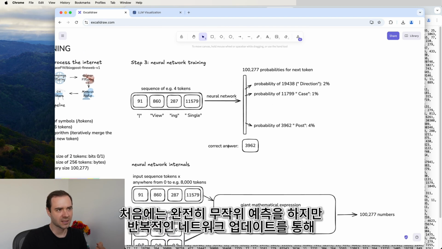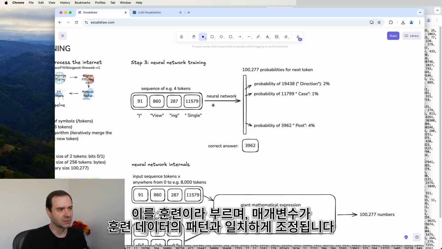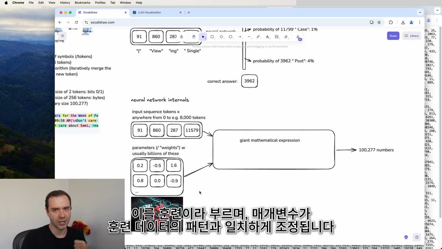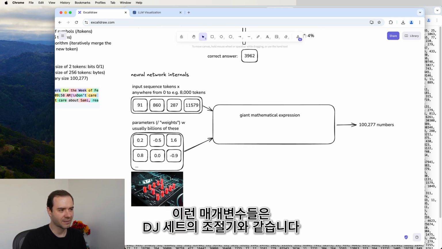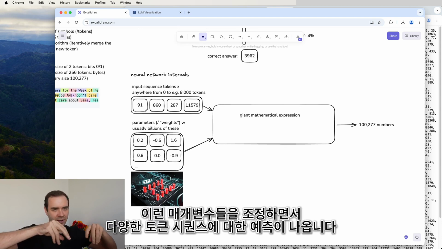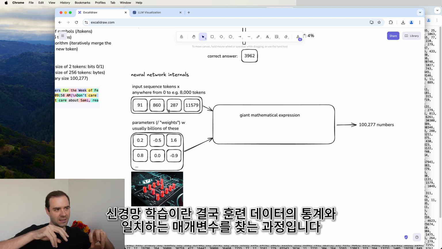But it's through this process of iteratively updating the network, and we call that process training a neural network, that the setting of these parameters gets adjusted such that the outputs of our neural network become consistent with the patterns seen in our training set. So think of these parameters as kind of like knobs on a DJ set. And as you're twiddling these knobs, you're getting different predictions for every possible token sequence input. And training a neural network just means discovering a setting of parameters that seems to be consistent with the statistics